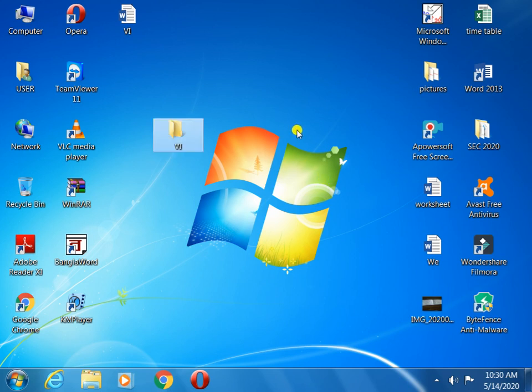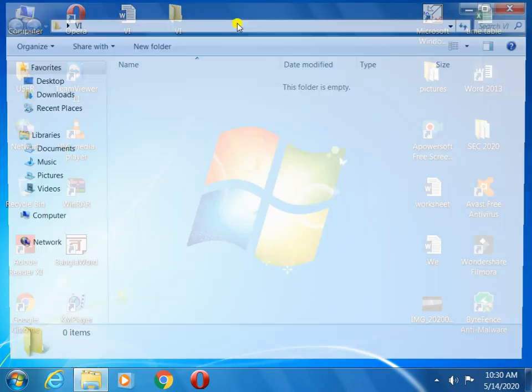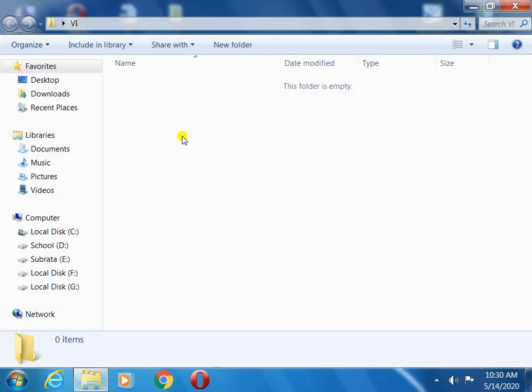I have created it on the desktop, not in another drive like local disk D, E, F, C. Now inside the folder I will save the file. Clear? If you open the folder you will see that inside the folder nothing is there. This folder is empty.